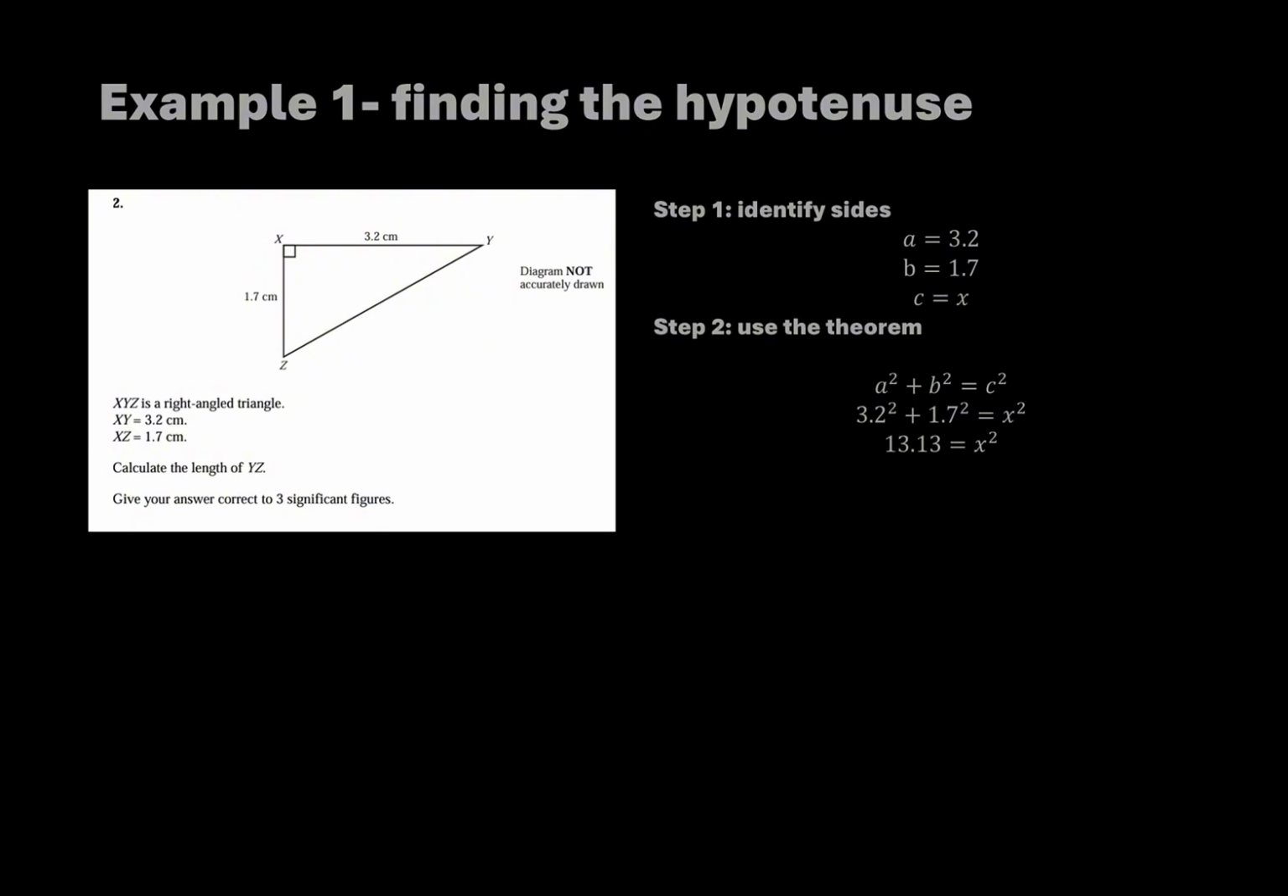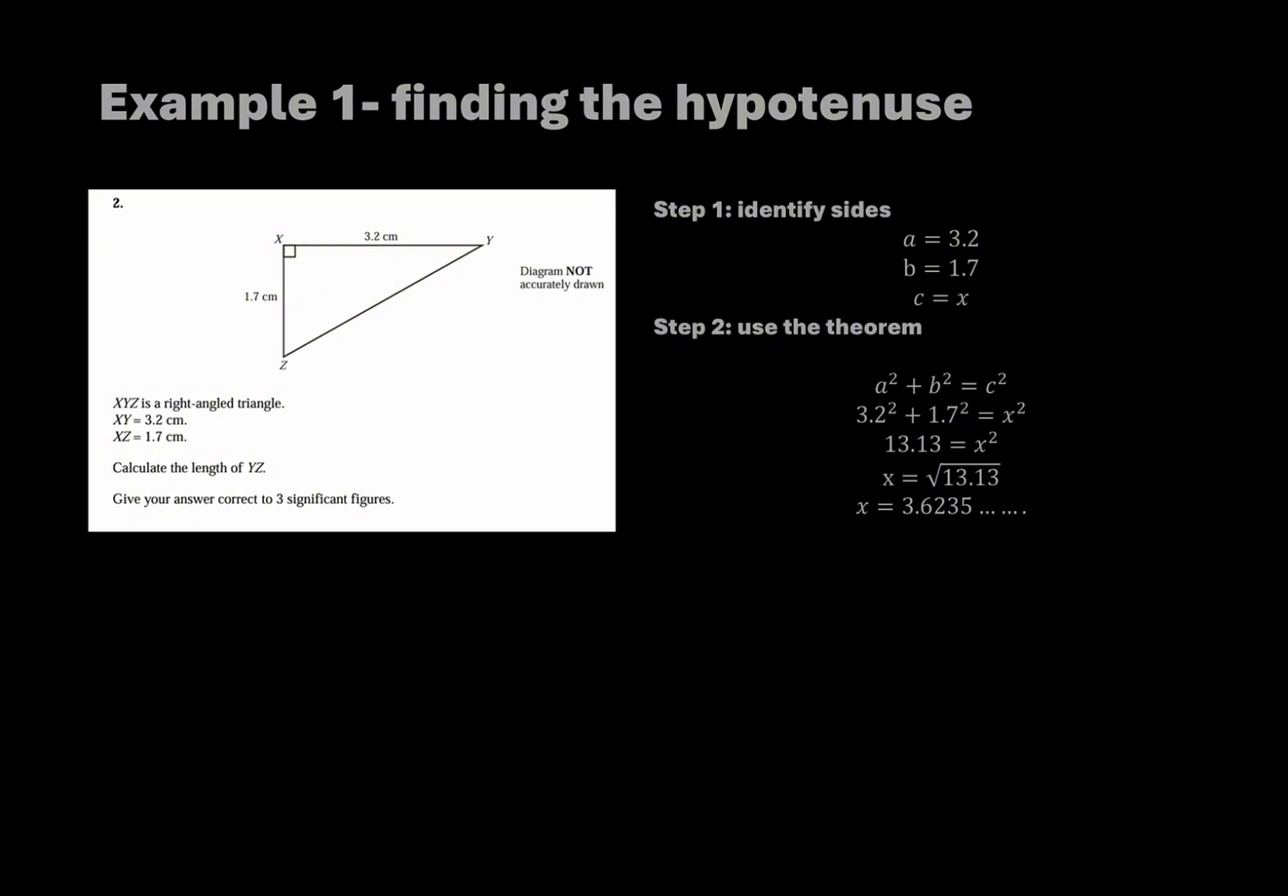And then you can simplify the left side. Probably going to use a calculator here, but yeah. And then once you've got that x squared, now this is a common mistake. People will often just leave it like that. But no, we're looking for x, not x squared. So you're going to square root both sides, and you get x equal to the root of 13.13,